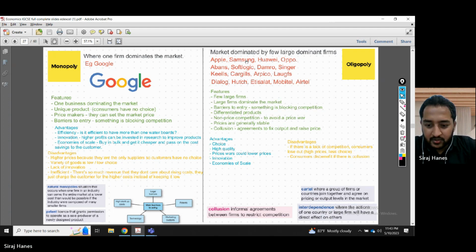Then, a couple of words you can see here: cartel, interdependence. In an oligopoly market, guys, you're very interdependent. When I say interdependent, every firm is watching each other. Did Samsung release a new phone? Did Apple release a new phone? Do I have to release a new phone? What features did they release? They're interdependent. We're watching each other. They reduce their price. Should we reduce our price? Interdependence. A cartel is where a group of firms agree the pricing. So when I said collusion, when firms collude, they become a cartel.